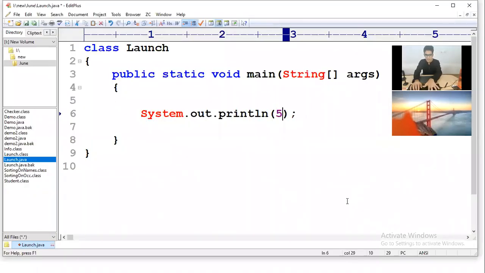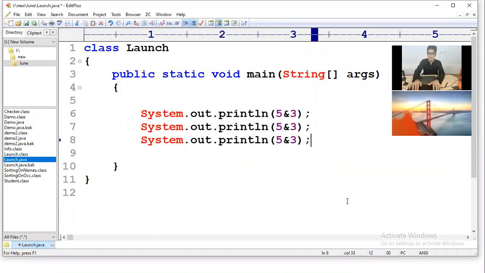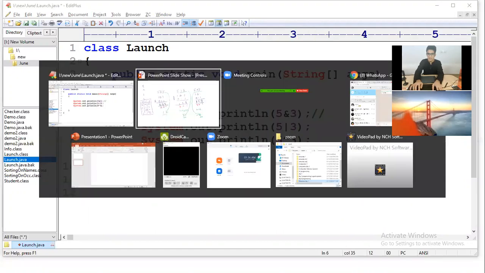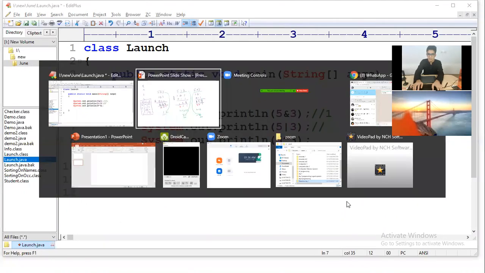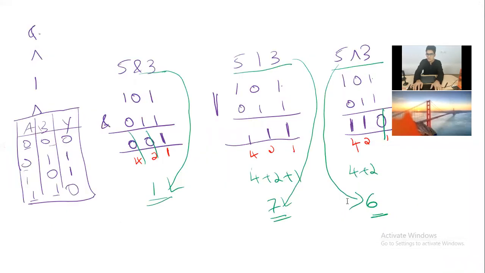5 AND 3, 5 OR 3, and 5 XOR 3. Let's see. So according to us, 5 AND 3 should give us 1, so I'll write it here. And 5 OR 3 should give us 7.